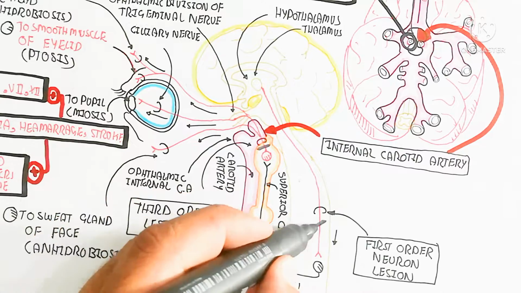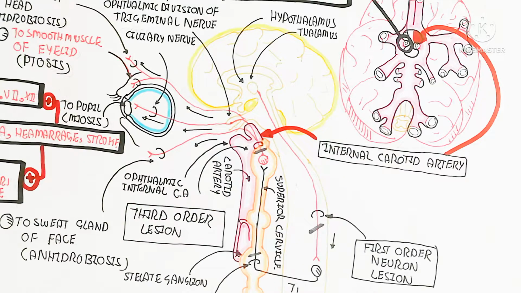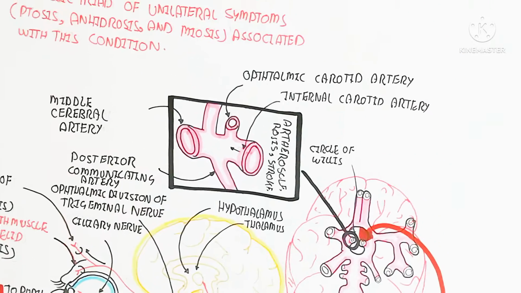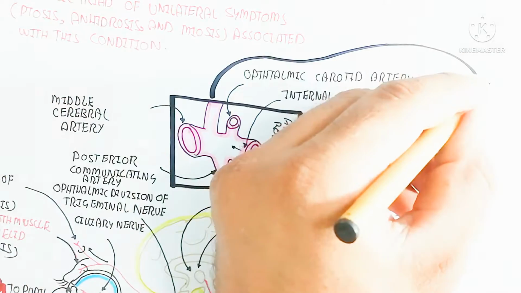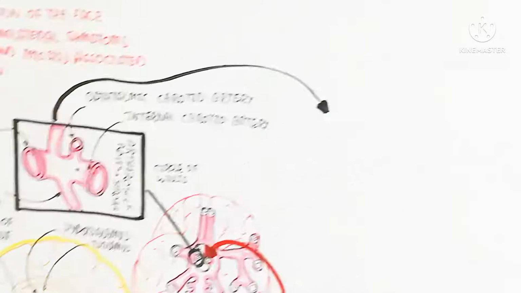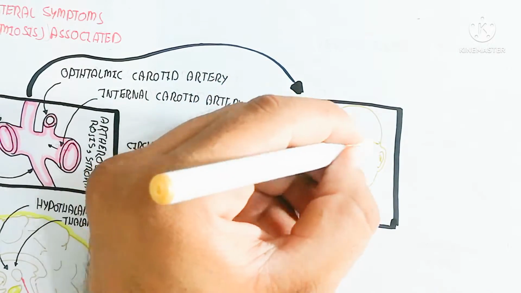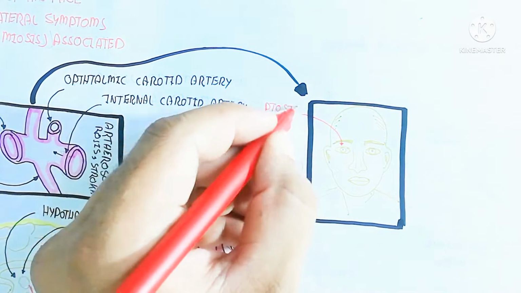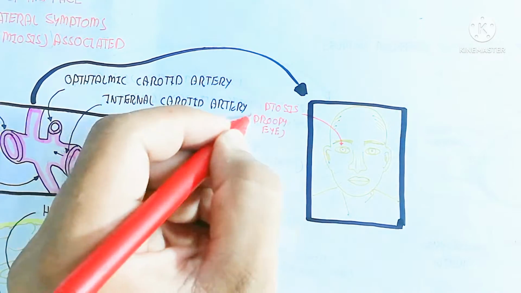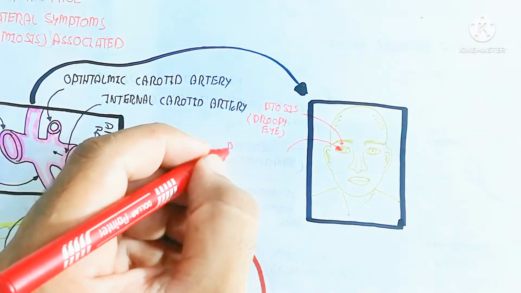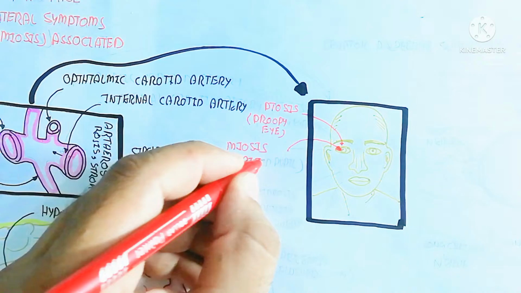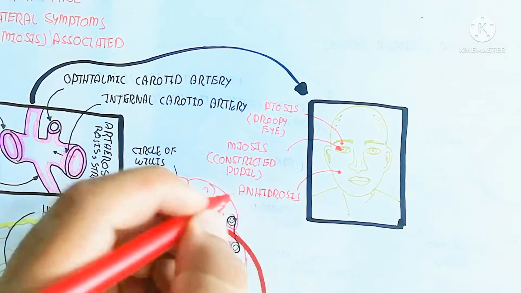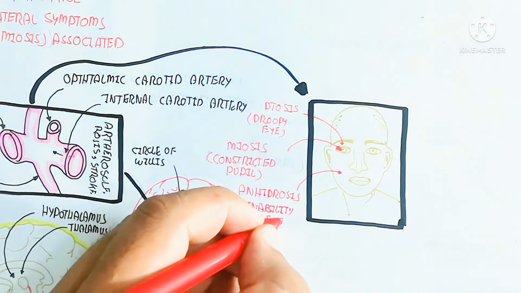Here is the lesion, and this is the lesion which will lead to this problem, Horner syndrome, which is a collective set of symptoms. There are different types of symptoms, but basically these symptoms can occur. So this is a person with half of the area damaged due to carotid artery damage or hemorrhage. So this is ptosis, the droopy eye, where the eyelid will not completely open, so you can see it, and miosis,